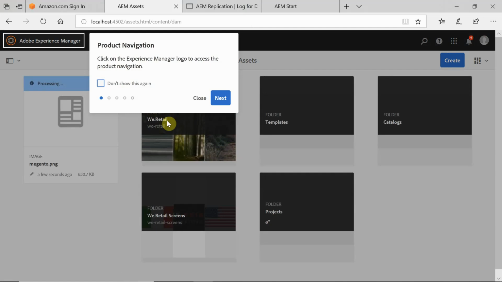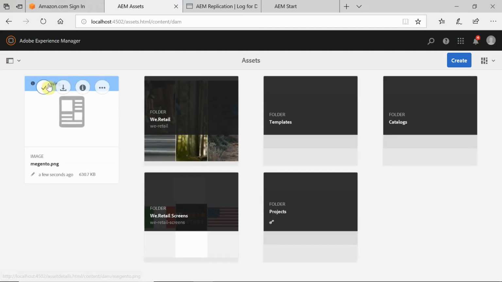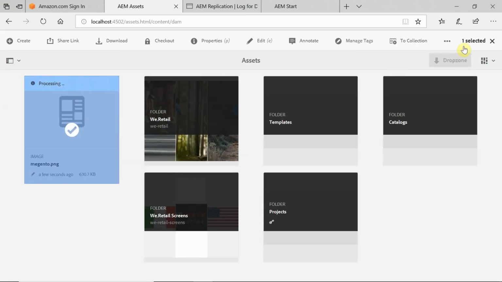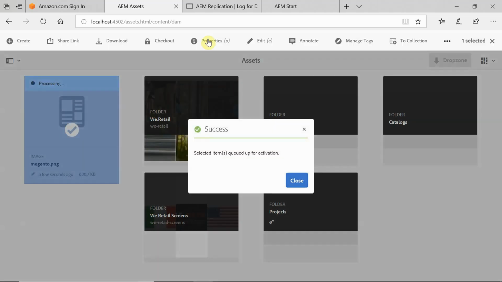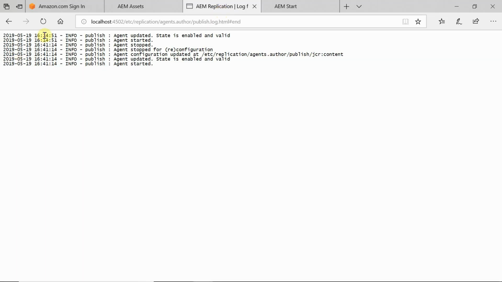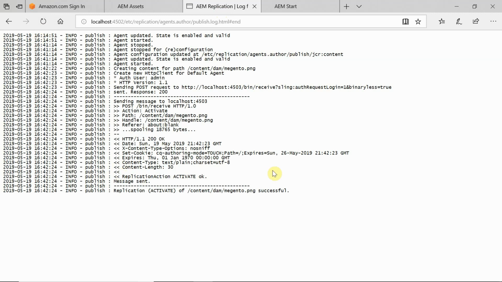So it's uploaded. Now let me publish this. Then we go and check the log here. If you see here, it's saying binaryless=true, and the content length is only 30. So the activation is successful.